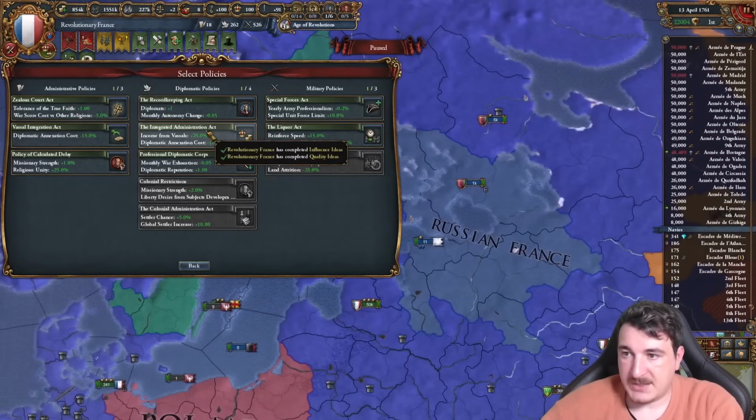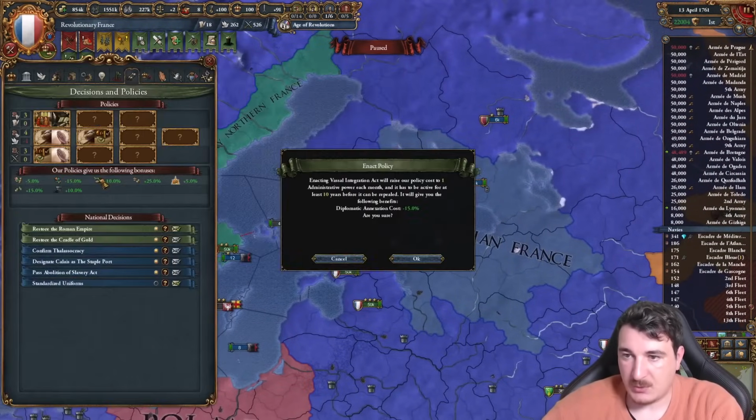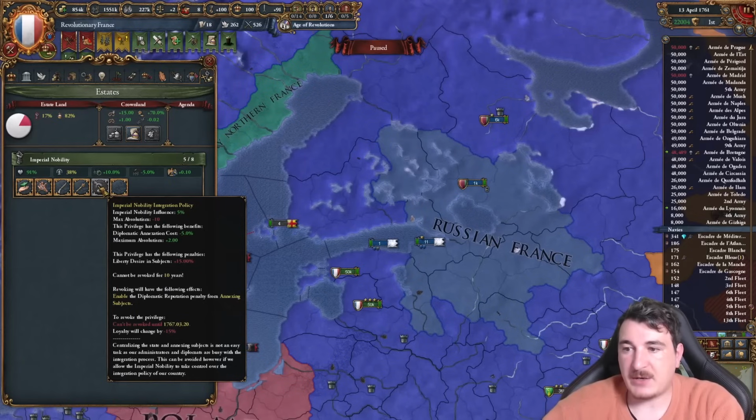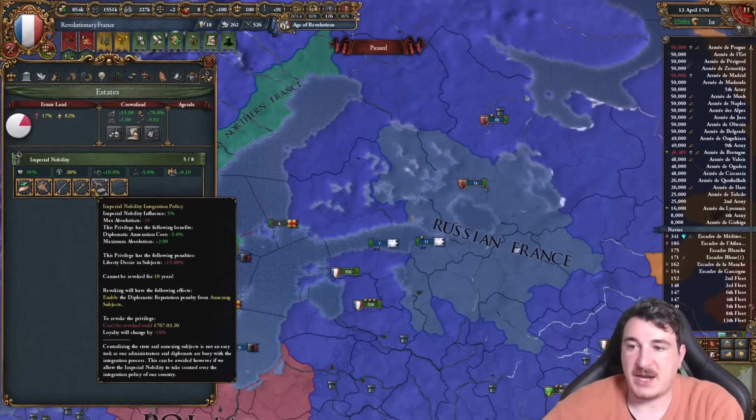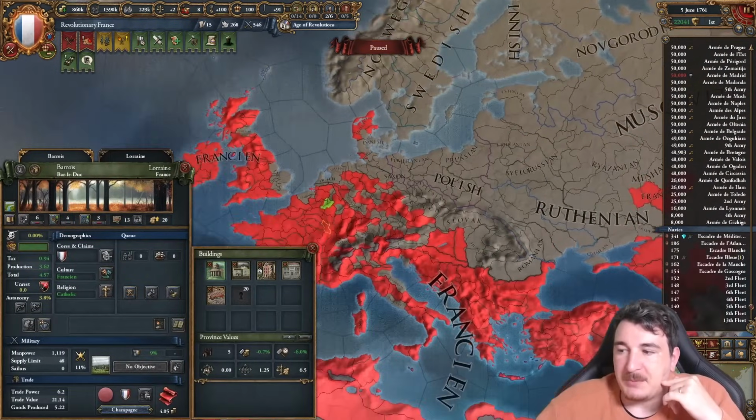I'm gonna start annexing my subjects, so let's go with diplo annexation cost modifiers 1 and 2, and we're giving out the integration policy, which has another 5% annexation cost reduction. And I'm betting you guys also want to see the culture conversion map, don't you? Yep,